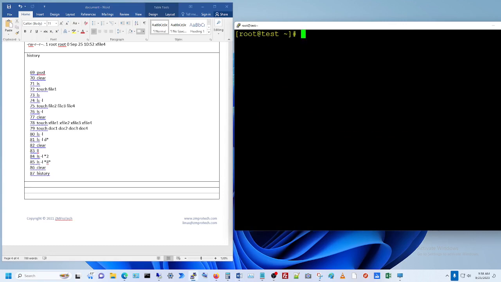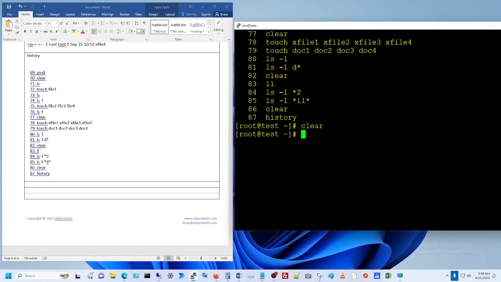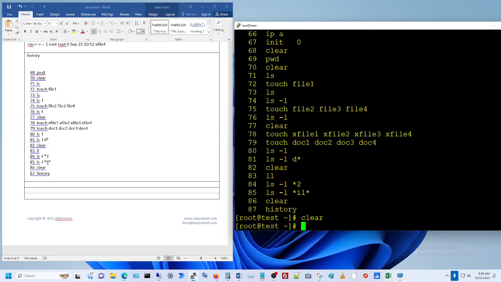I want to run command number 81. Command number 81 is ls -l d asterisk. Instead of copying and pasting it,